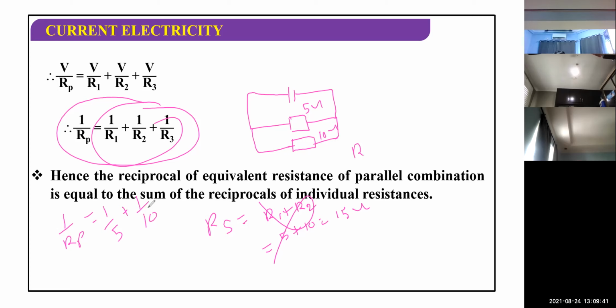Do the calculation, children. And please tell me what is the answer now. What is RP? You have to find RP. Please do this calculation. Calculate whatever the method in mathematics that the mathematics teacher told you. Please do the calculation and tell me what is RP.